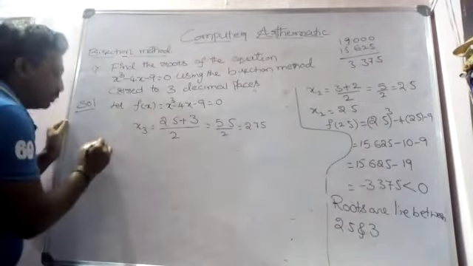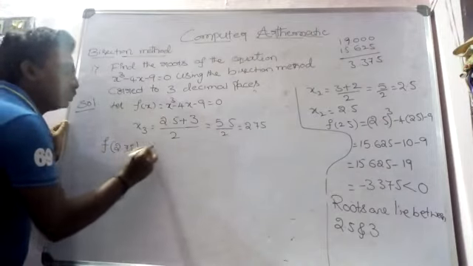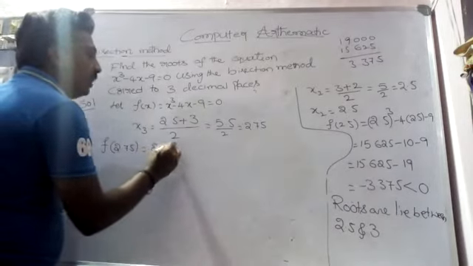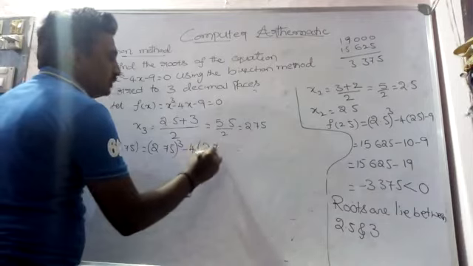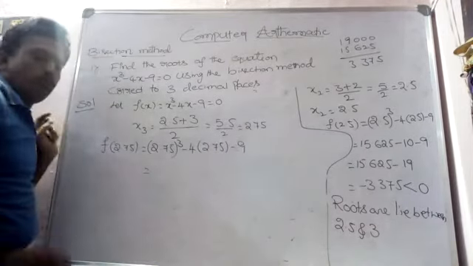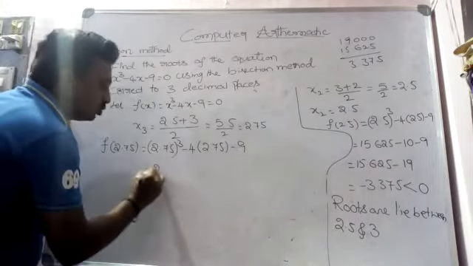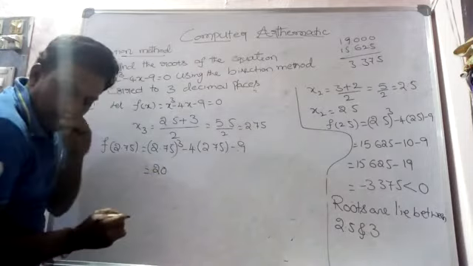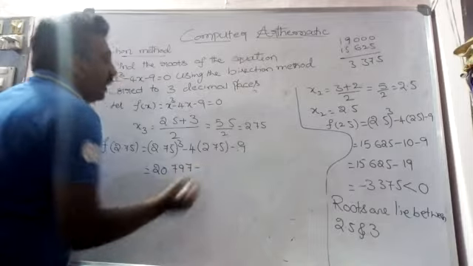Now substitute in this place. F of 2.75 equals 2.75 whole cube minus 4 into 2.75 minus 9. That equals 2.75 whole cube. 2.75 whole cube is 20.797 minus